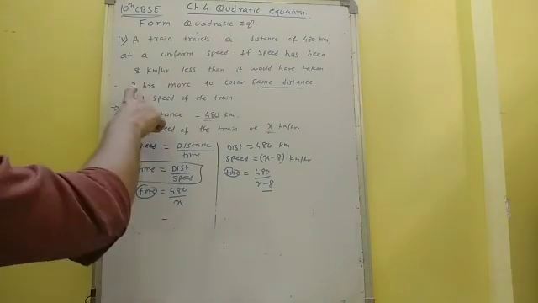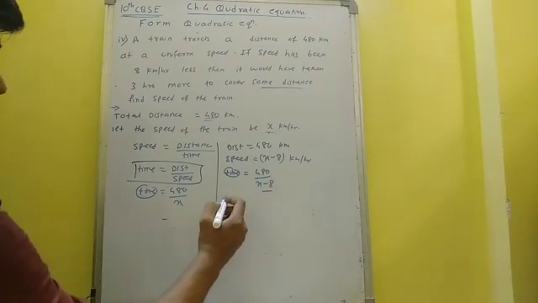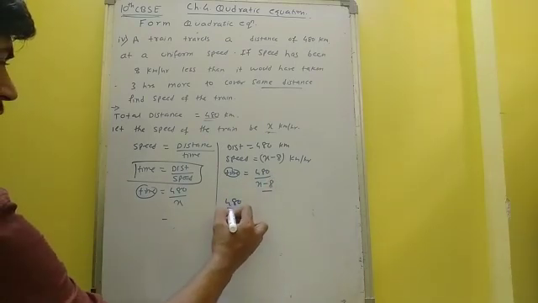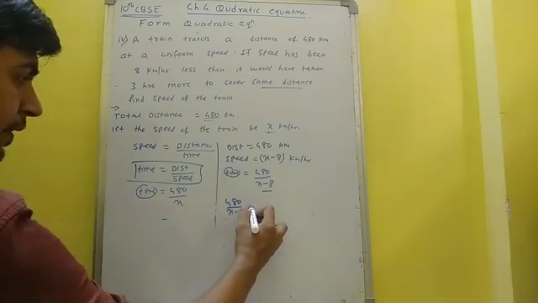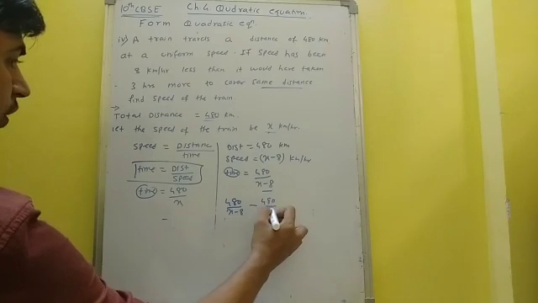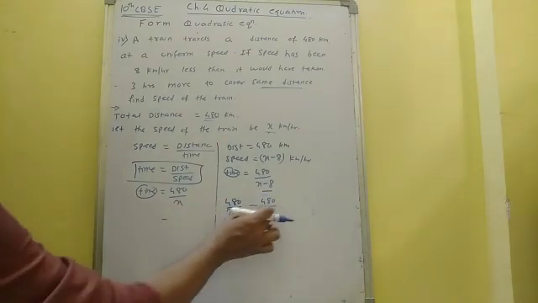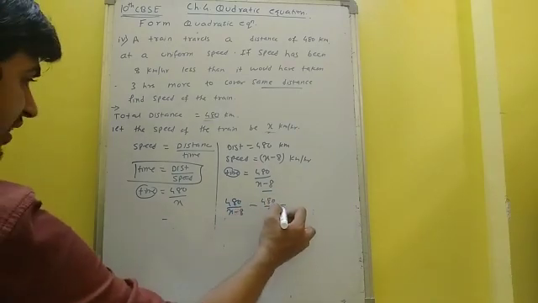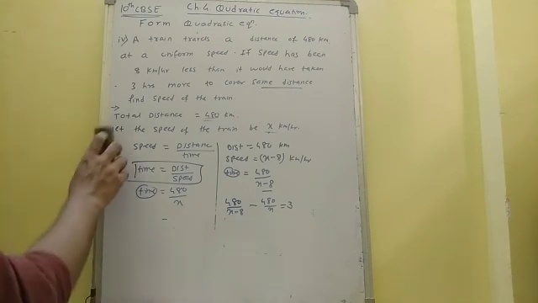So what is given: it will take 3 hours more. So this is some value, that is 480 upon x minus 8, some hours taken here, minus 480 upon x, some hours taken here. And we know the difference between the hours taken here and the hours taken here is 3 hours. Okay, very clear. So I will try to solve it and make a proper equation.